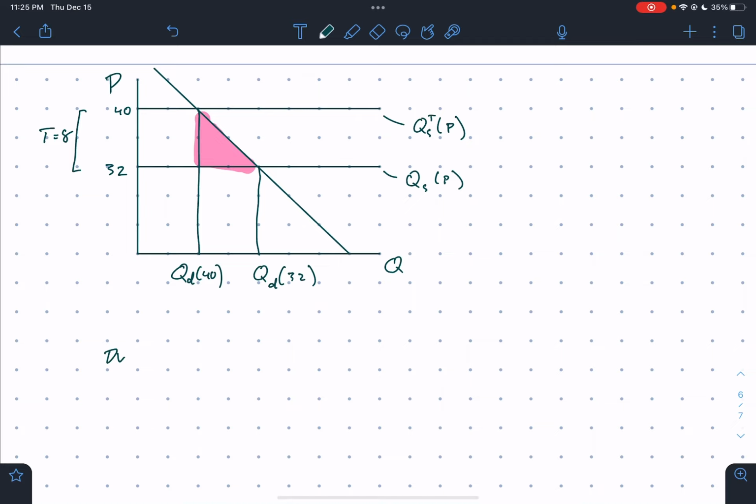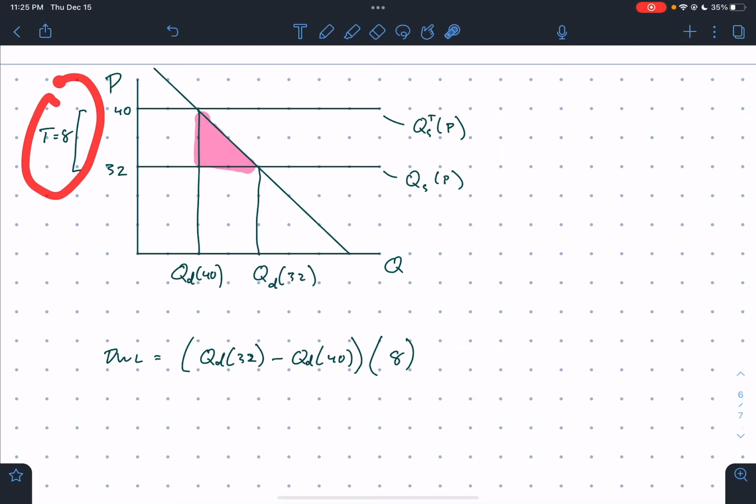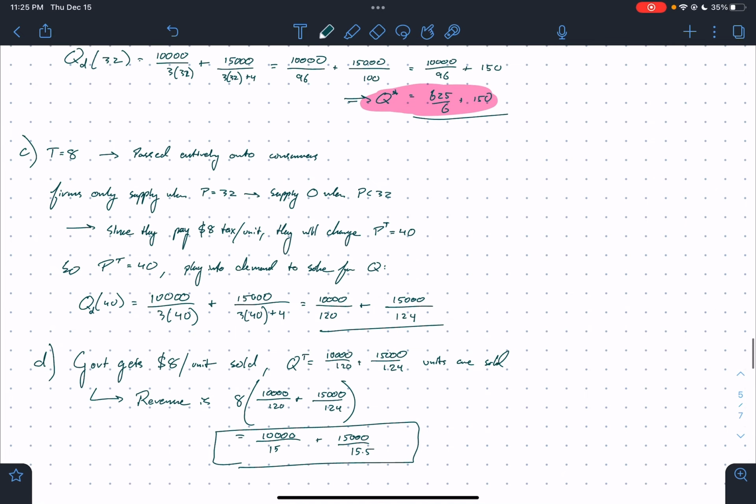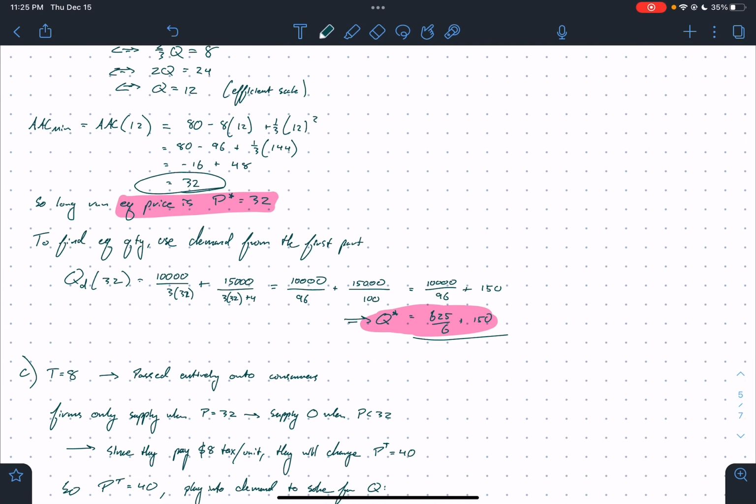So the deadweight loss is going to be the base, QD 32 minus QD 40, times the height of the triangle, which is just the amount of the tax, or 8, because again, it's this vertical distance right here. And then we're finding the area of a triangle, so we divide by 2. So this is equal to 4 times 625 over 6 plus 150